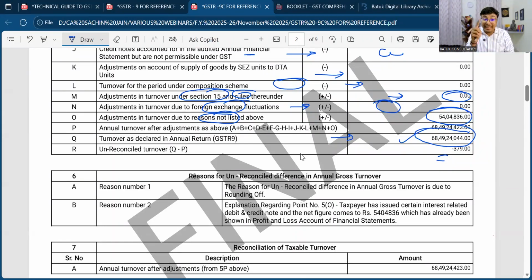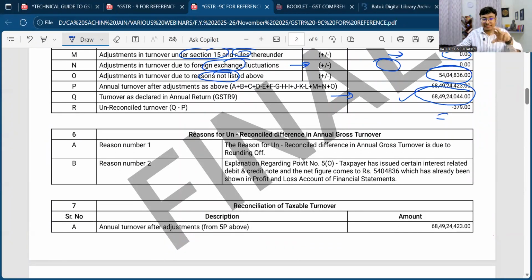And when you are putting any figure in 5O, just ensure to provide a note. Just as we have provided in this particular explanation regarding point number 5O. Taxpayer has issued certain interest related debit and credit notes, and the net figure comes to 54 lakh, which has already been shown in profit and loss account in the financial statement. That thing we just need to